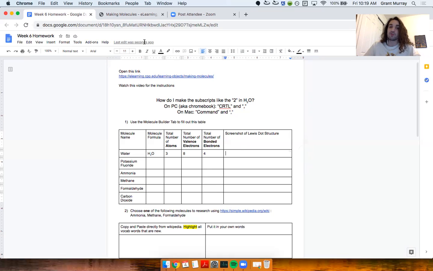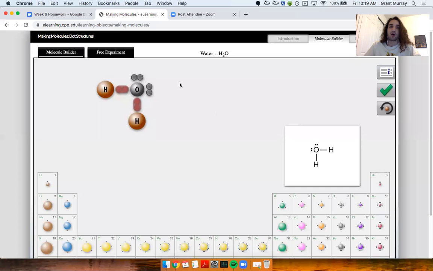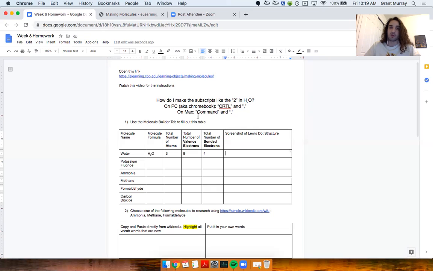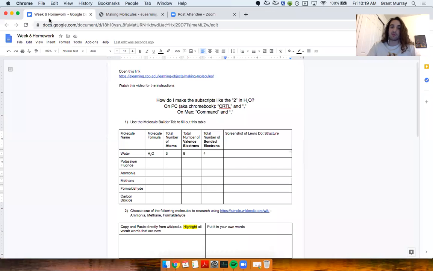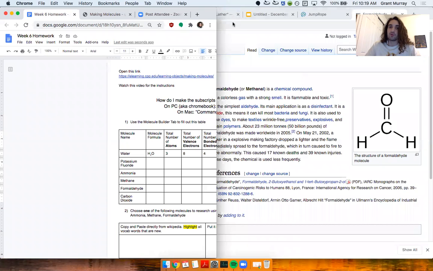Our last thing that we need to do is get a screenshot, not of the formula, but of the Lewis dot structure, which is over here. So on Mac, you can do Command Shift 4. I'm going to pretend like I'm you, and I'm taking a screenshot of the whole page here. So I just took a screenshot of the whole page, and then I'm like, okay, now it's time for me to put it in to my